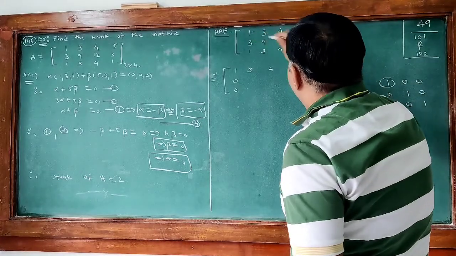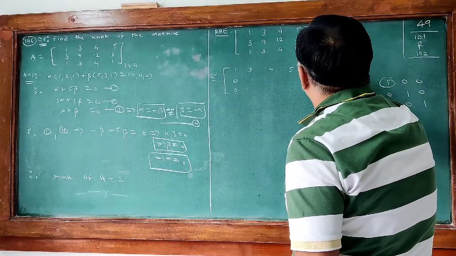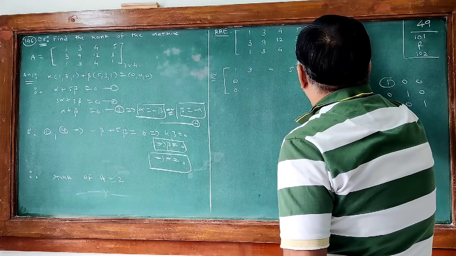Here it is 1 and here it is 3. So multiply first row by -3